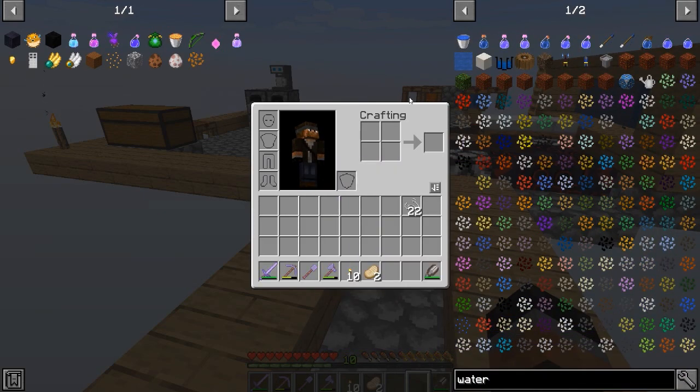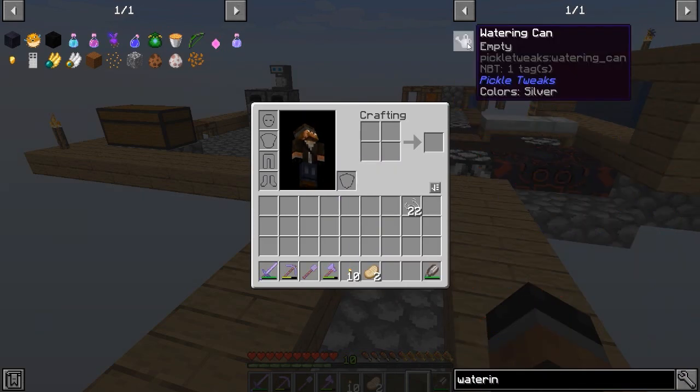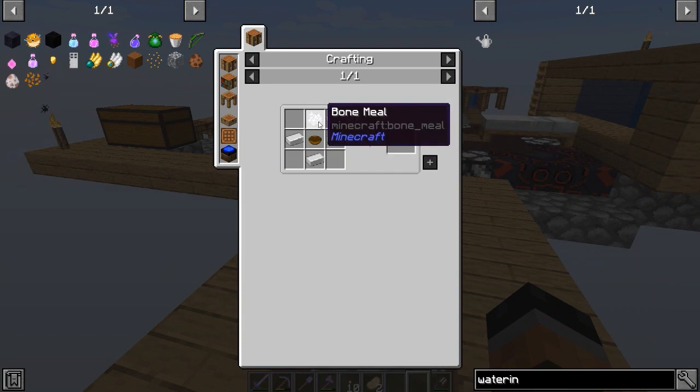Now, a lot of people are probably going to suggest things like a watering can. Pickled Tweaks does have a watering can, but we also don't have access to bone meal, which means we need to start making ourselves a mob farm. Very possible. Yeah, I think I'm going to get rid of...